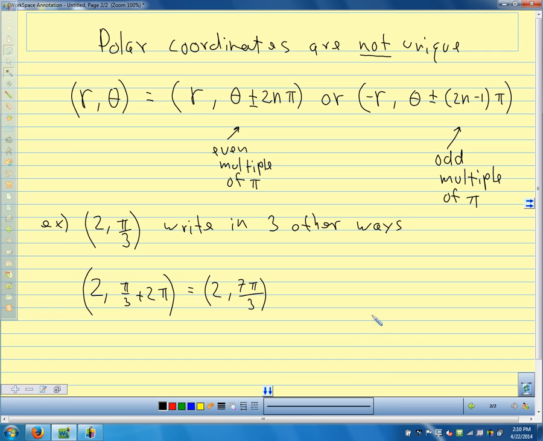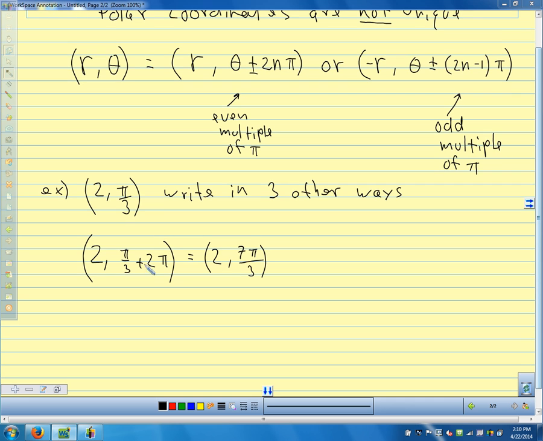We could also say that this is (-2, and I'm going to add an odd multiple of pi. Well, the easiest odd multiple of pi is when there's just 1 pi. And that would be (-2, pi over 3 plus pi), which is (-2, 4 pi over 3). And if I wanted to plot this point, (-2, 4 pi over 3),